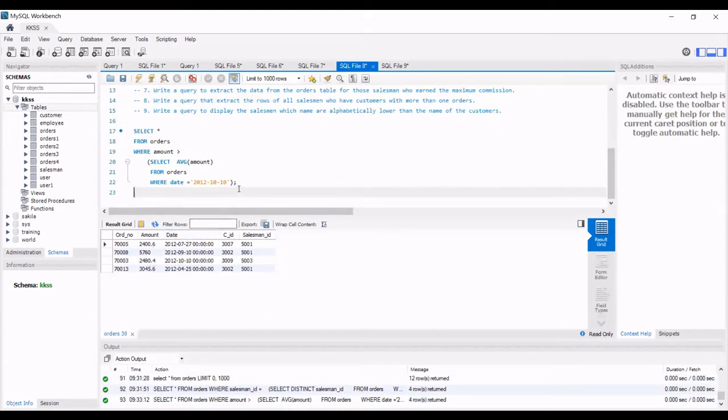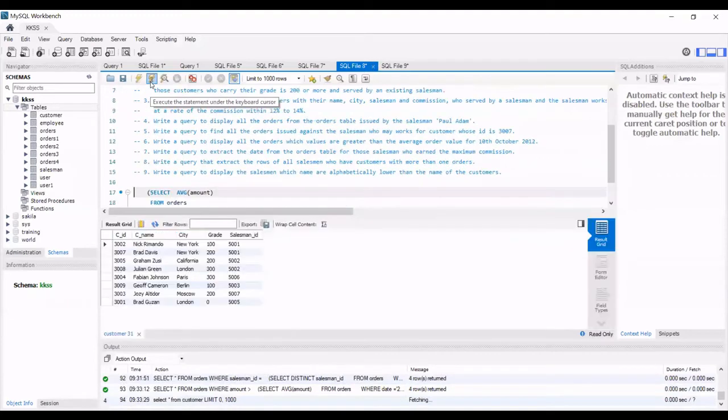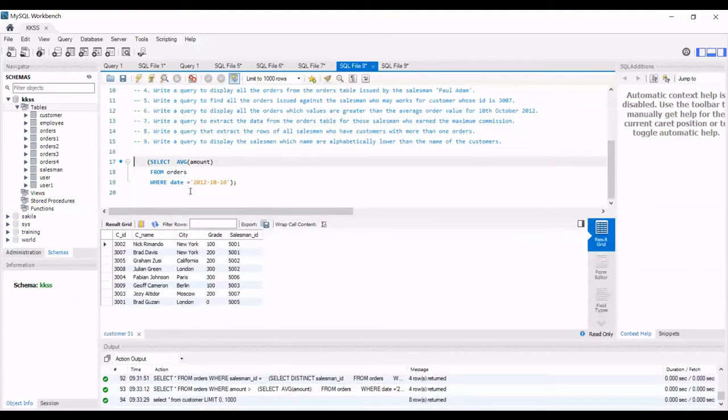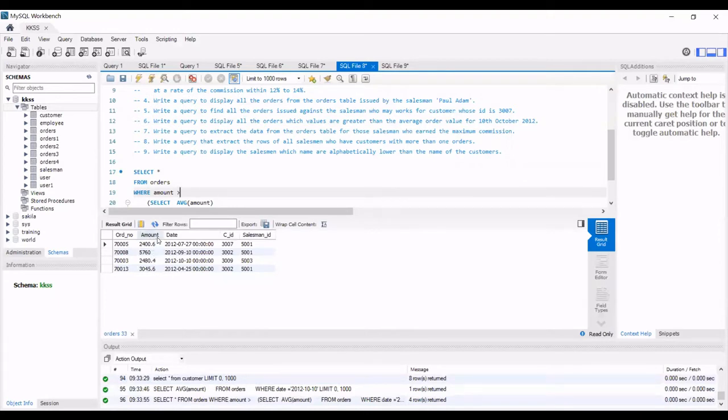Let's see what exactly the average is first. So the average is 2231.915. And all the records are greater than that.